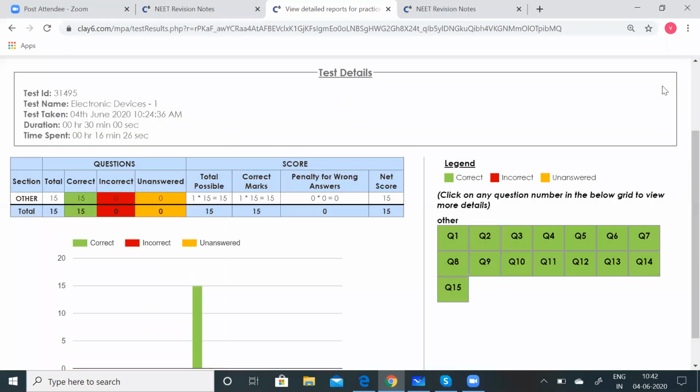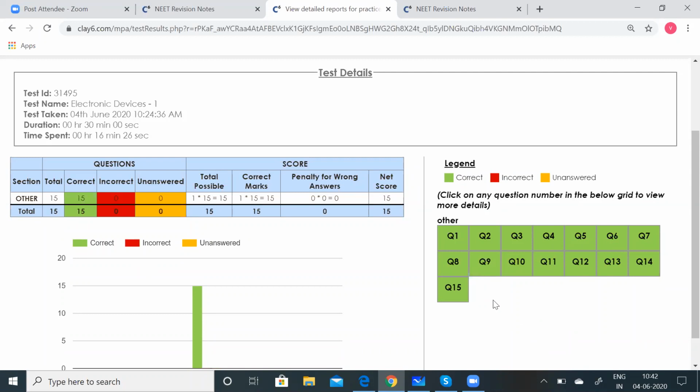Even if you have done the test correctly and the answers are correct, if you want to know the explanation for any of these questions, you can get it. Perhaps by trial and error, by Inky Pinky Pocky, a method you students are very familiar with, if you're not very sure of the question, you just click it, and by fluke it might be right. You have got the answers correct, but you want to know the correct explanation. As I told you, you can click on that particular question and get the explanation part also.